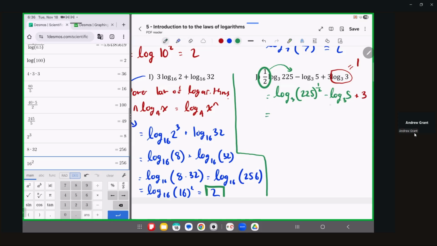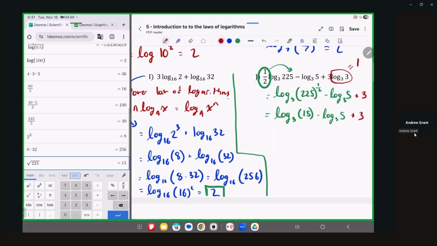Okay, the square root of 225 is 15. So this becomes log base 3 of 15, because remember, if you want to take the square root of 225, that's going to give you 15, minus log base 3 of 5